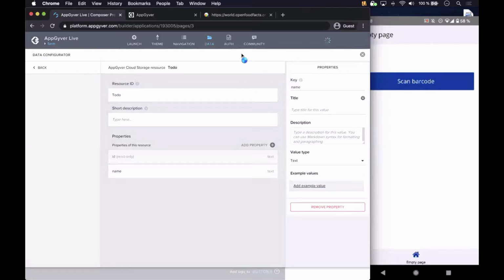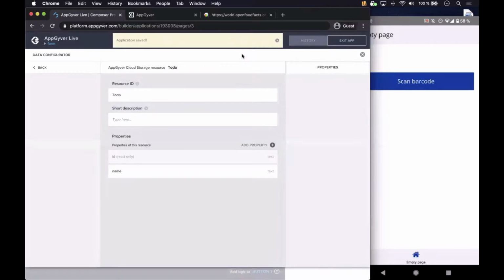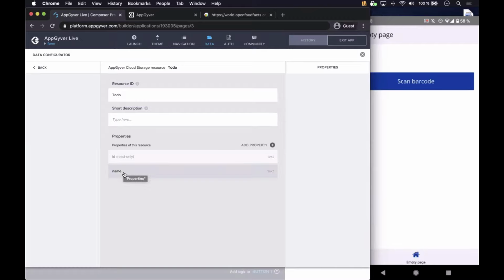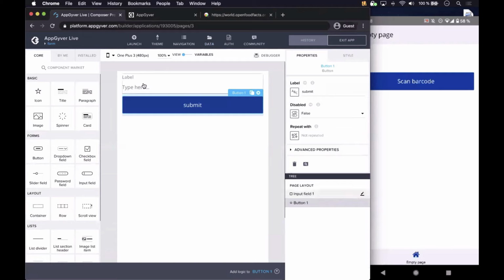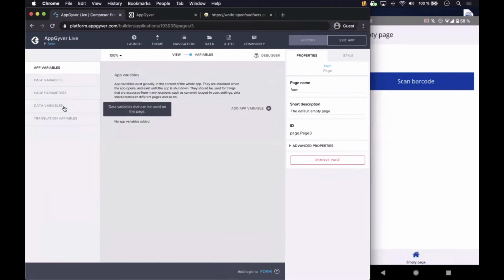Here what I'm doing is creating a cloud storage resource, and for the cloud storage resource you only specify the schema of the data you want to store in it. There's a built-in ID property for identifying the items, and now I created a name property, which is of the text type. Now I have to do one more thing, which is creating a variable, so we actually have some way to store